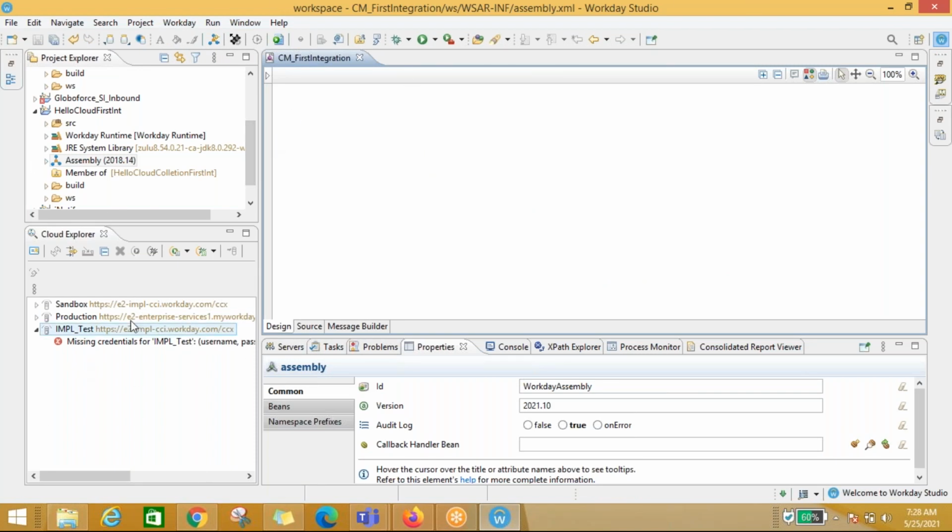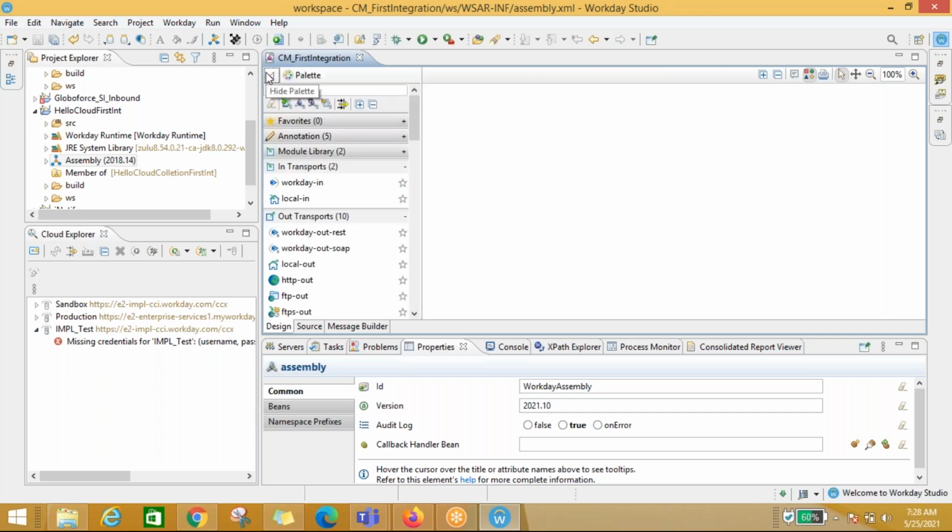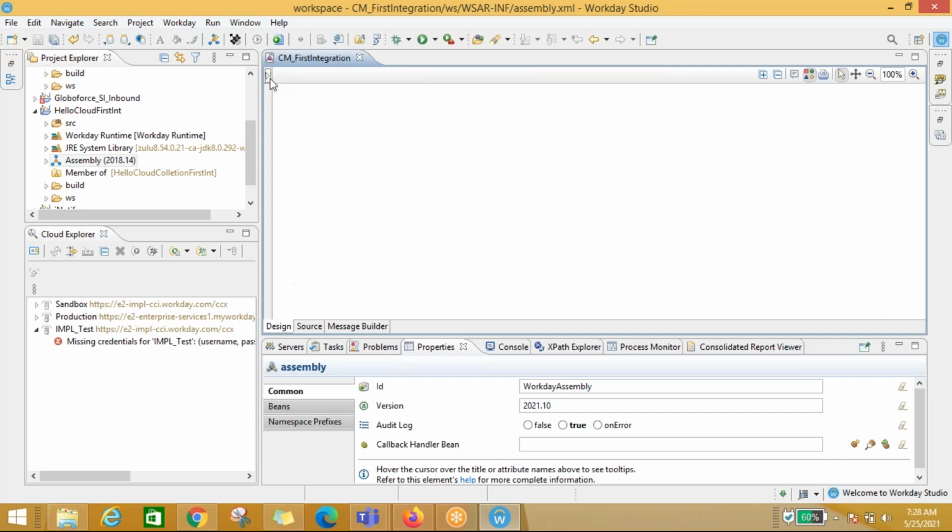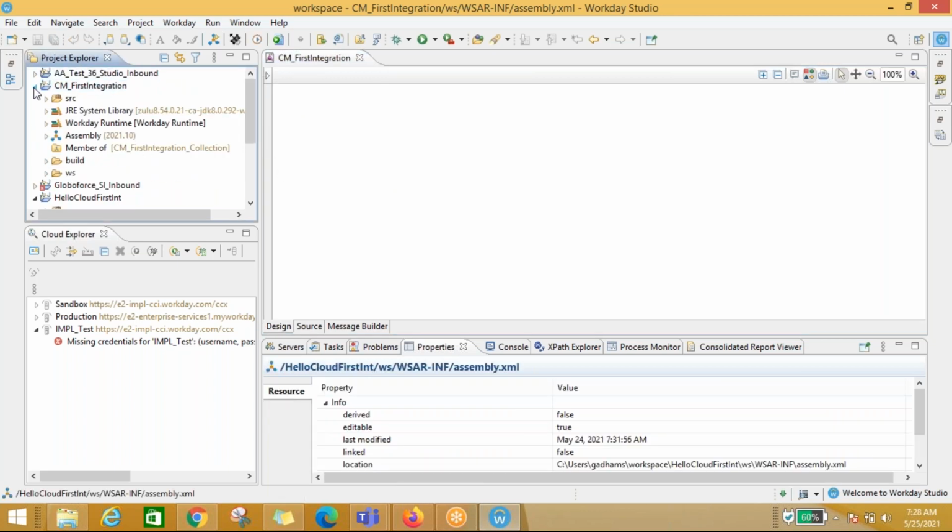Hope components are clear, right? So what I'm going to do now, I'm going to create a new integration, just starting. So what is the component I need to see now? I have done with my assembly. Okay, I have created the new project, and what is the next step I need to do